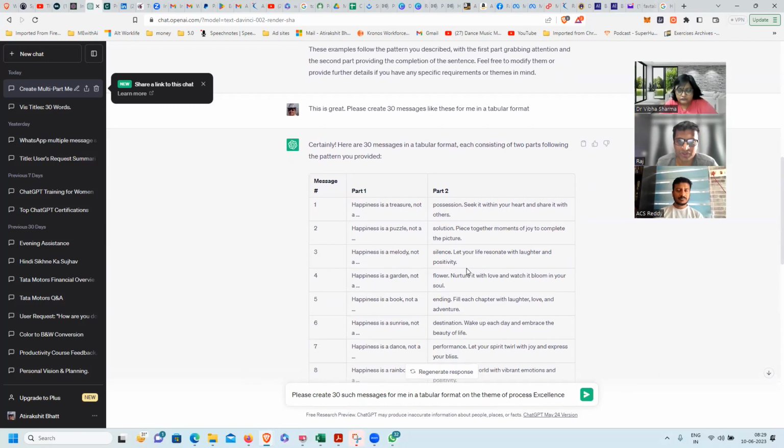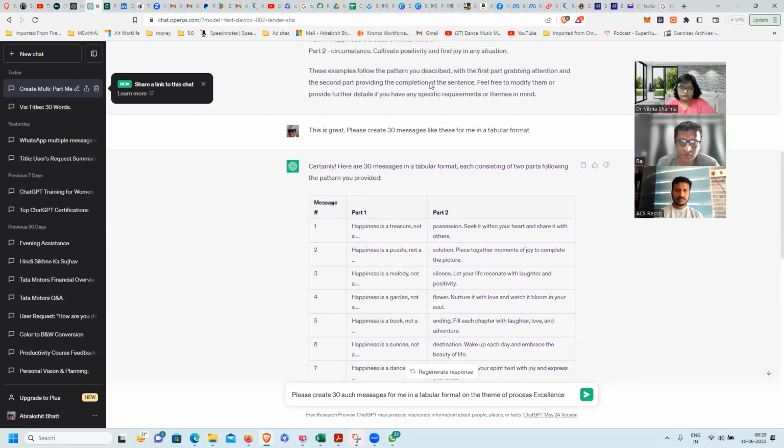Okay, you just typed in as a new question here, 30 messages basically, and it should be structured as part 1 and part 2. Right? Sorry, can you repeat that? So basically, you have asked it as a new question here where you want ChatGPT to generate 30. Yeah, it doesn't matter. Even if you include it in the original prompt, it's absolutely fine.